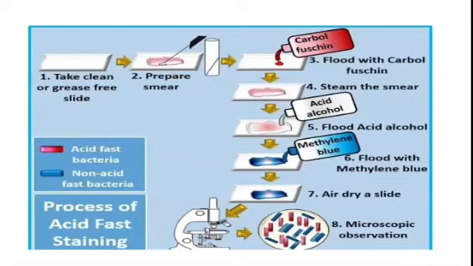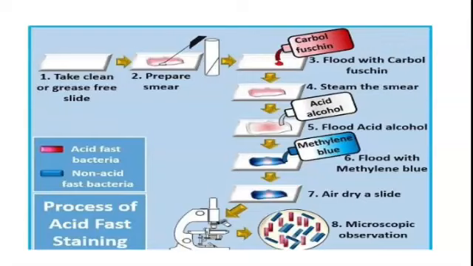So same like gram positive, gram negative, the acid fast bacteria cannot be washed off by the alcohol. So it will reflect the first color which we applied, that is carbol-fuchsin. So the methylene blue will not be absorbed. Whereas non-acid fast bacteria, when you wash it with alcohol, the red color goes off, that is the carbol-fuchsin color goes, and it will absorb the methylene blue. So in the microscope it will appear blue color.